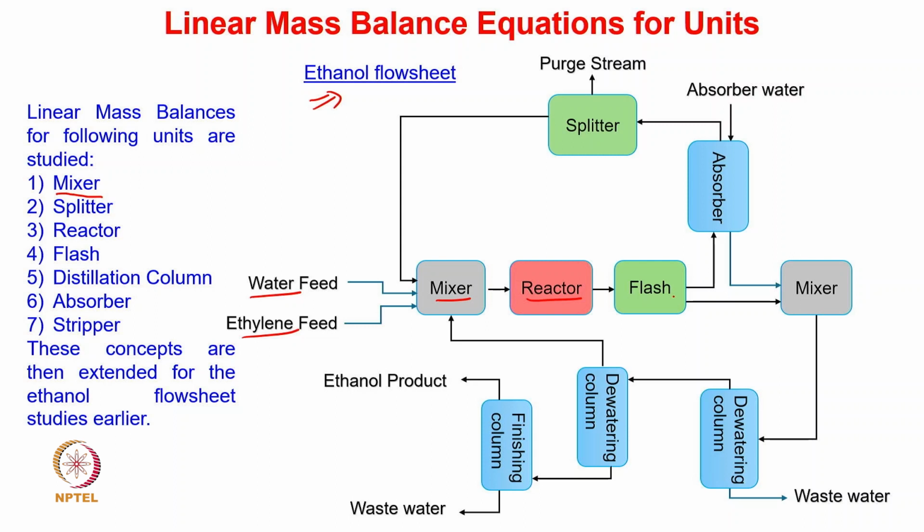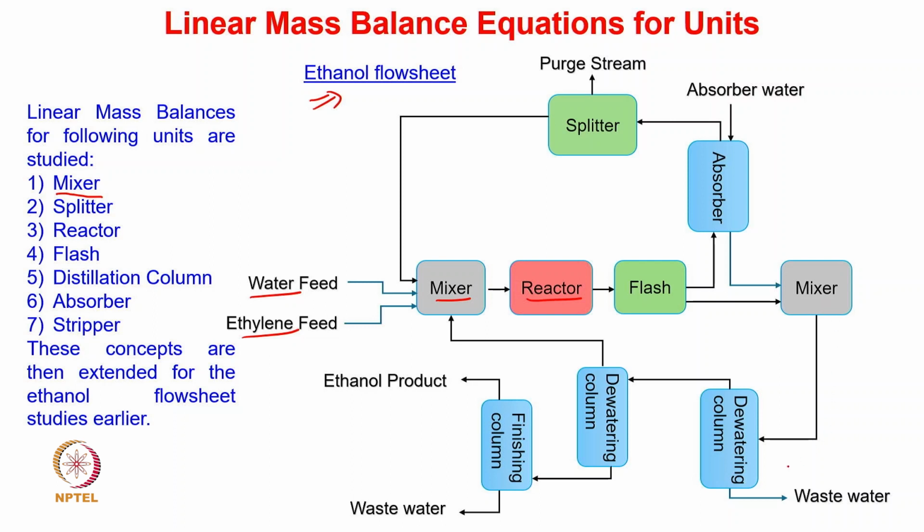So this vapor coming out from the flash unit is again sent to the absorber unit, where the ethanol is absorbed by the water. So this absorbed water with ethanol and other components are then again sent back to the mixture, where the liquid stream from the flash and the water rich stream coming from the absorber is also mixed,